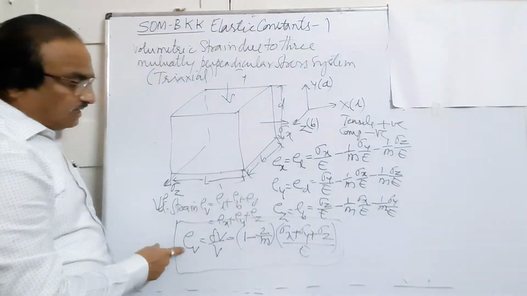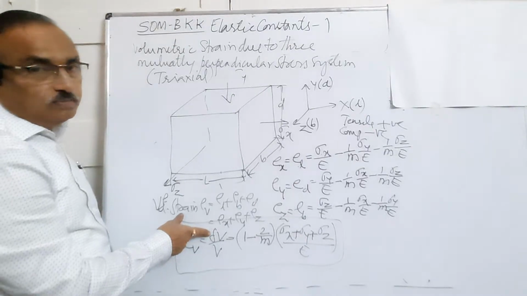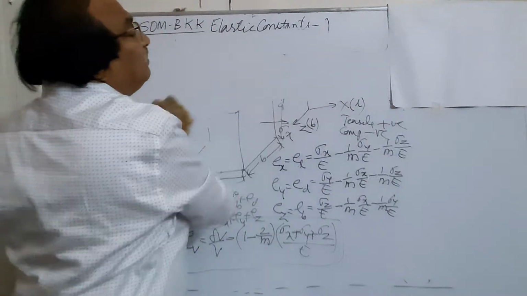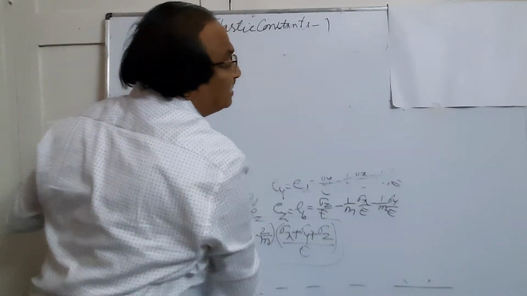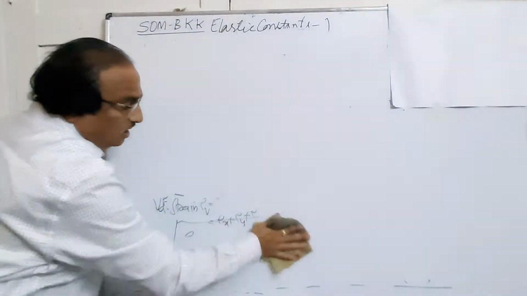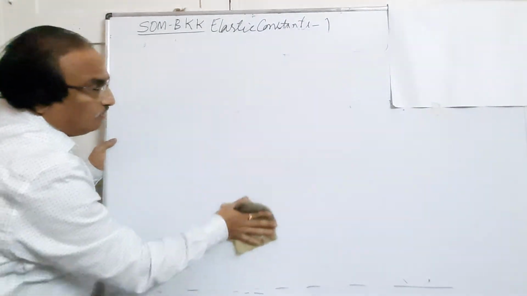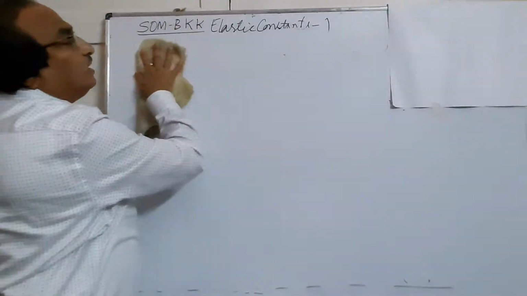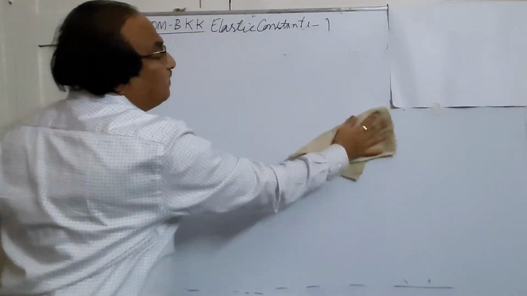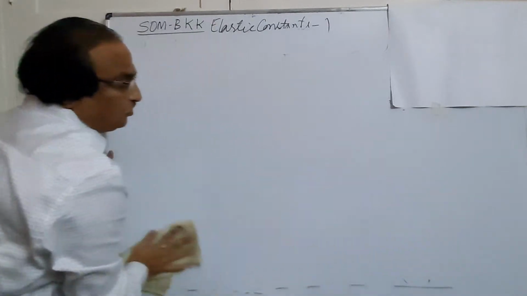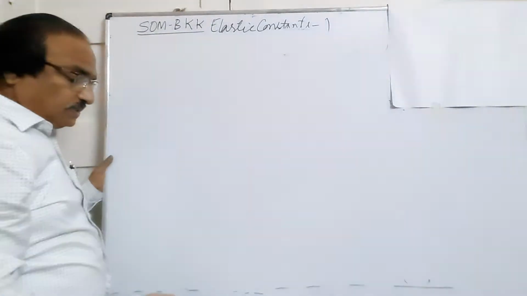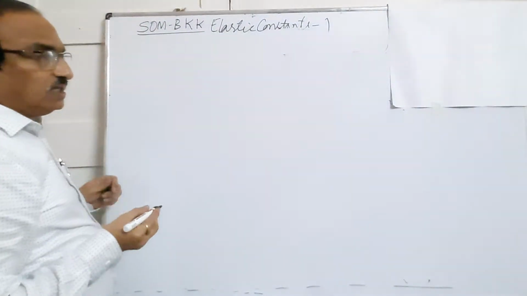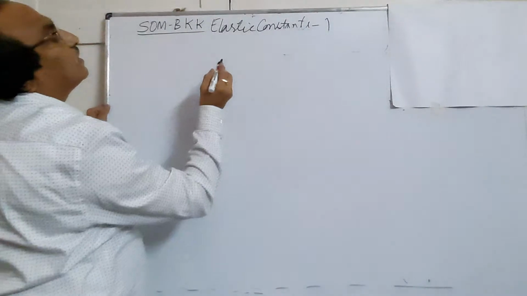So once you know volumetric strain, you can find out what is the change in the volume that is taking place. Now this change in volume will be either positive, meaning there is increase in the volume, or negative, meaning there is decrease in the volume. That depends upon the volumetric strain you are getting based upon the load system, whether loads are compressive, tensile, or both compressive and tensile. We will take up a simple example here to determine the changes in the length, width and depth.